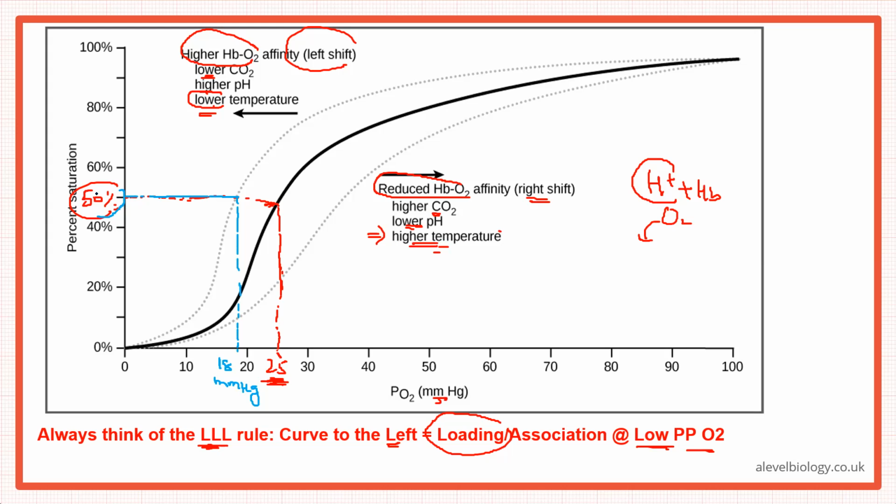ठीक है, तो ऑक्सीजन की saturation 50% reach कर गई है at lower partial pressure of oxygen. ठीक है, so this is what we notice and this is what actually makes the curve shift towards the left. So you're seeing 50% oxygen saturation है इसकी hemoglobin की, but in this case what we are looking at कि the partial pressure of oxygen is low. ठीक है, standard पे we are looking at it is 25.